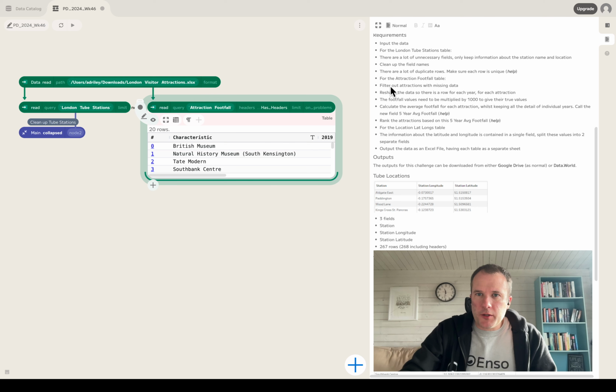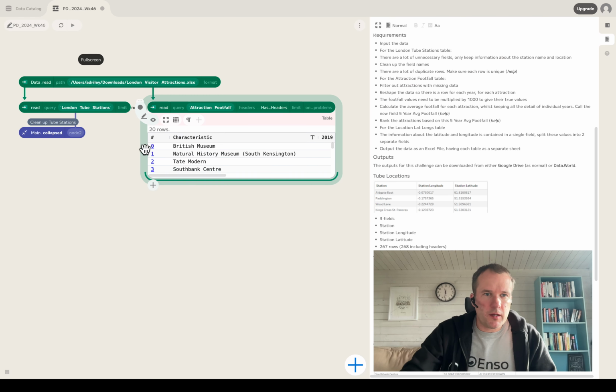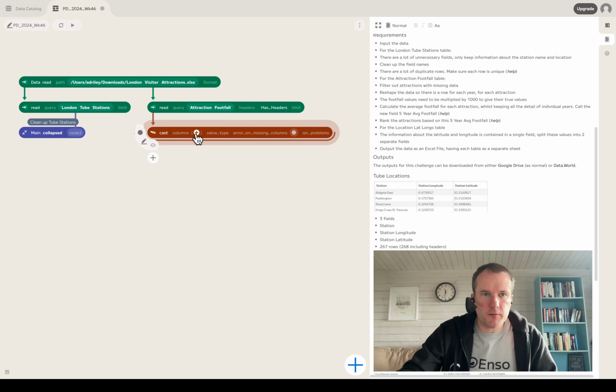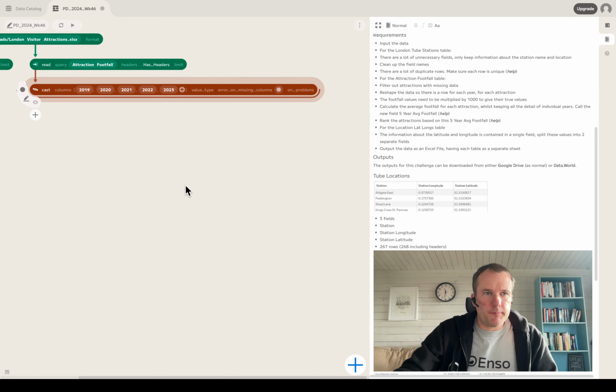Filter out attractions with missing data. If we go back to this view, we can see we've got a few that aren't numeric fields, and we've got a few blanks over here as well. So those records aren't great. So what I'm going to do is cast all of those numeric fields to numbers. So I'm going to select those five fields, cast them to an integer, and